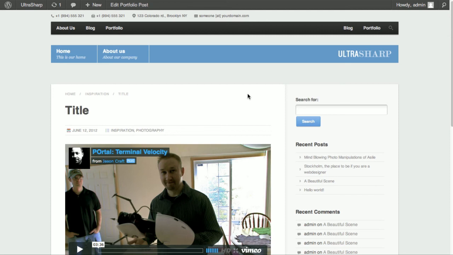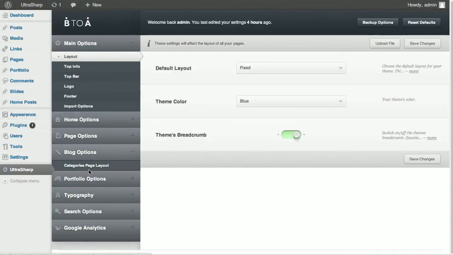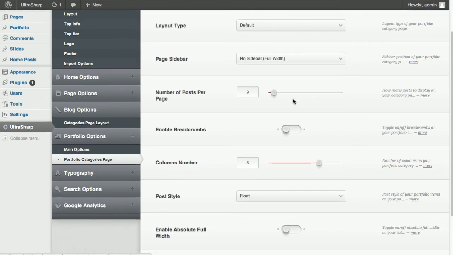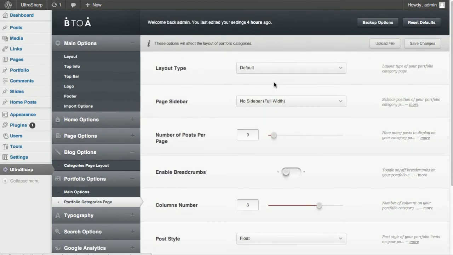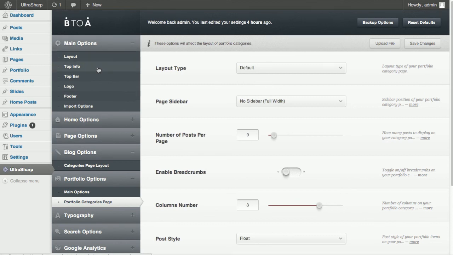If you guys have any doubts, please send me an email. And that's how you do portfolio posts. And in the next video, we're just going to go through quickly the portfolio category layout, which is also just like the blog category layout. It's just over here. We can just go on portfolio options, portfolio categories page, just select your options, and that should be good to go. And also, back on the page,